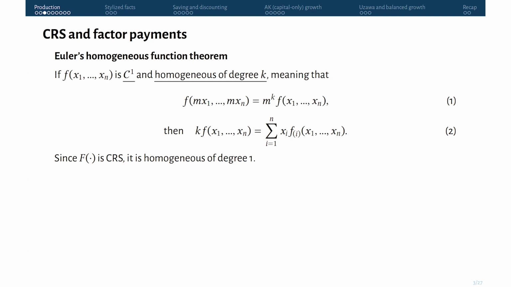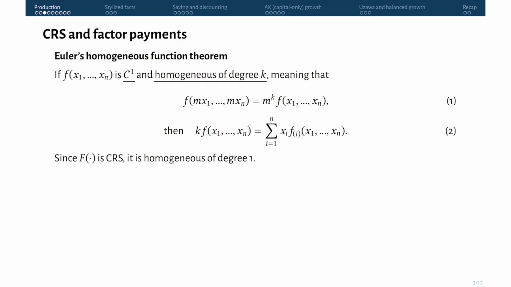The theorem says, let's say you have a function that's continuously differentiable and homogeneous of degree k. Homogeneity of degree k means that if you multiply all the inputs by some common factor, some m, now I'm using the term factor in the mathematical sense, the common coefficient m, then output will be multiplied by m to the k. Okay. So if the function is homogeneous of degree k, then